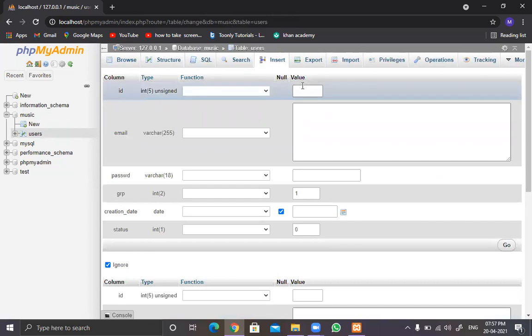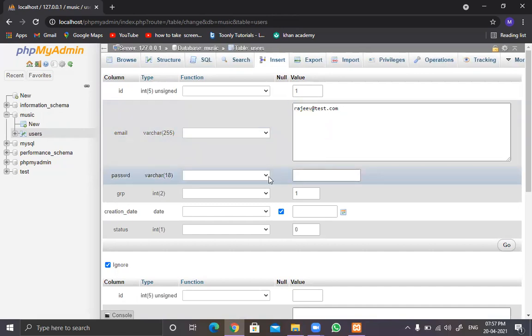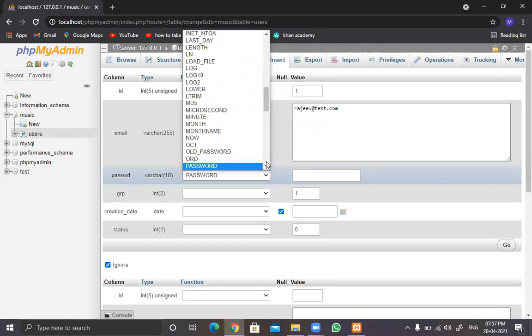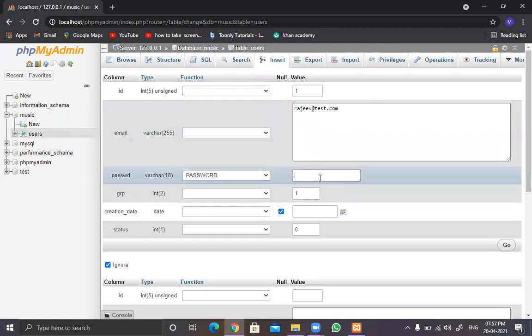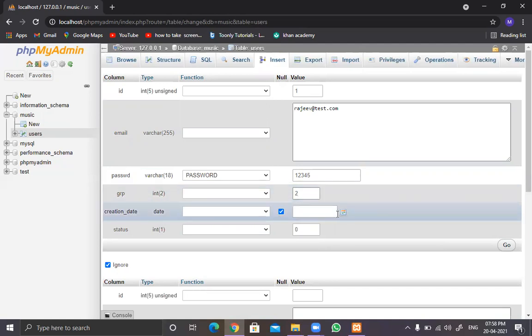Like I can give the ID number as 1, email is rajiv at test.com. For password I can encrypt the password by using this password field, and I keep the password as 12345, so it is going to store this 12345 in encrypted form. Group, I want to keep this user as the admin, so I'll be changing its group to 2.